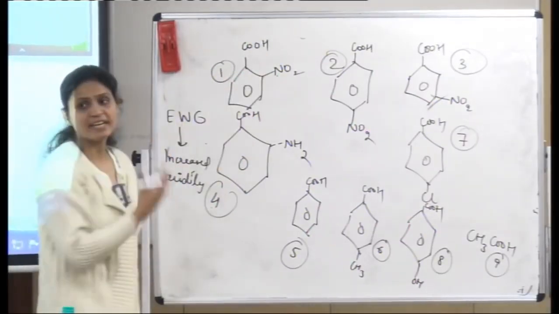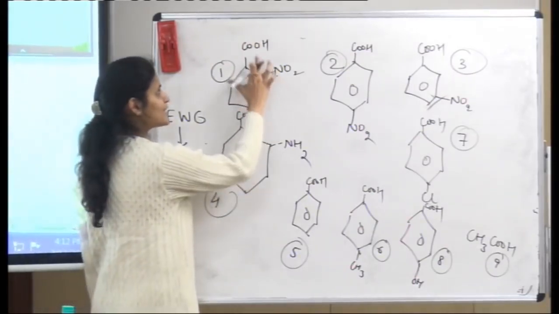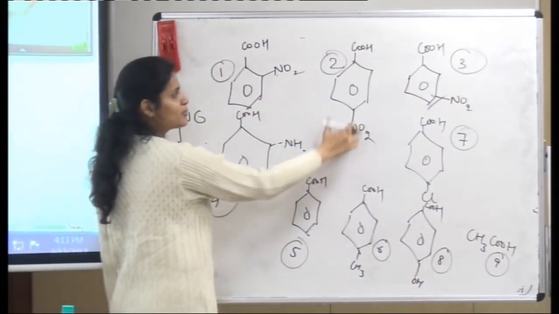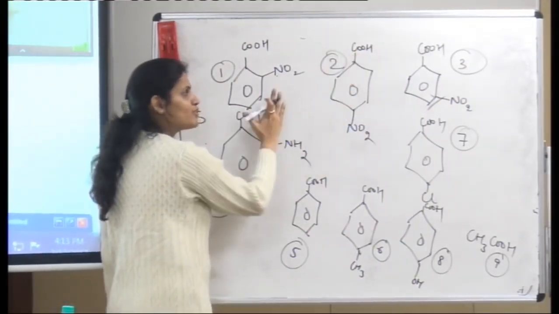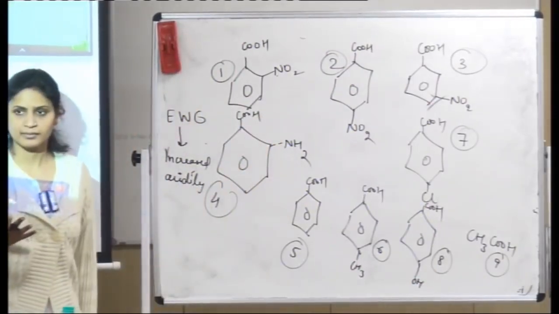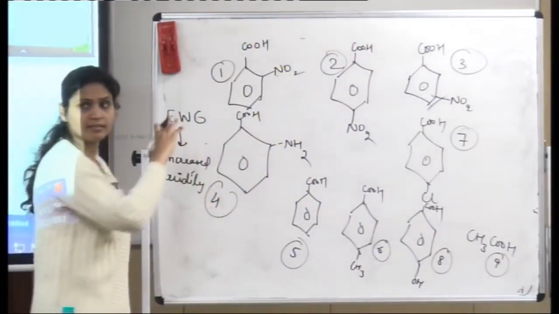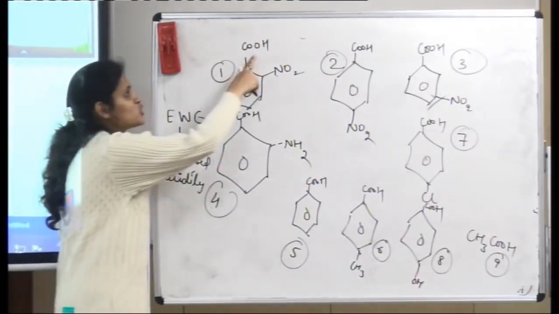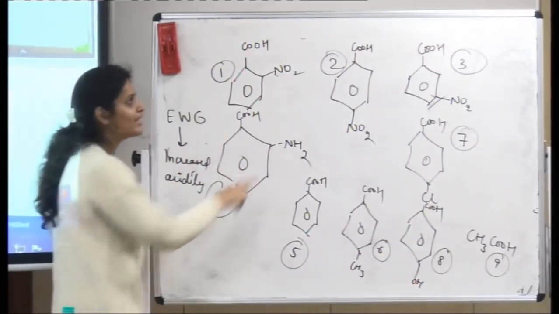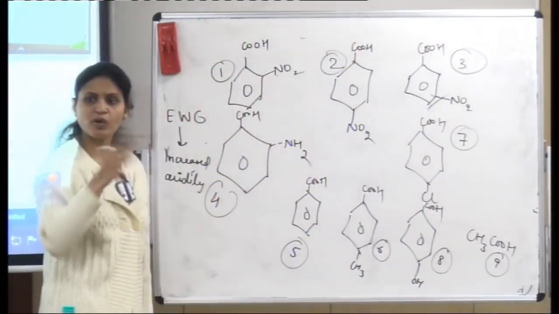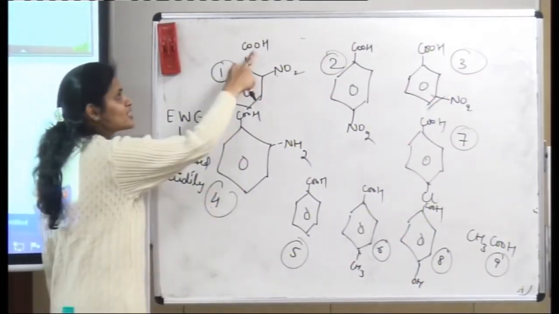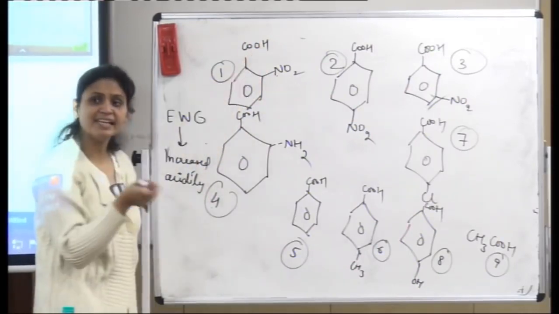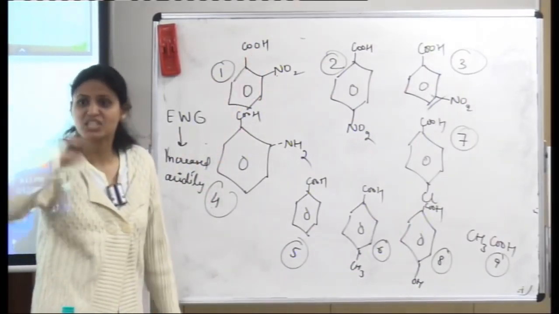Someone has asked me what steric hindrance is. If I place a nitro group ortho to this carboxylic group, and I place a nitro group para to the carboxylic group, in which case is there less cluttering? In this case there is more hindrance, because these two groups are closer to each other, while in this case they are quite far from each other. Due to steric hindrance, this proton can easily dissociate because it wants to release its tension.